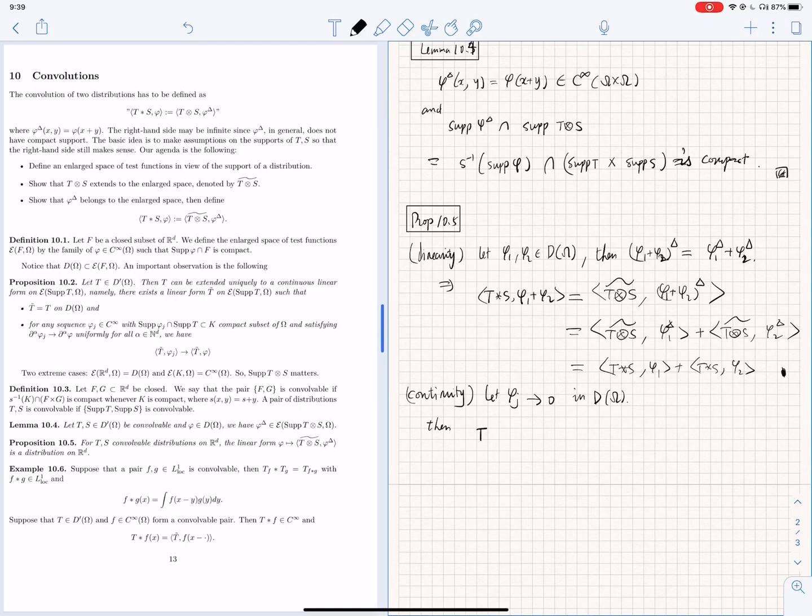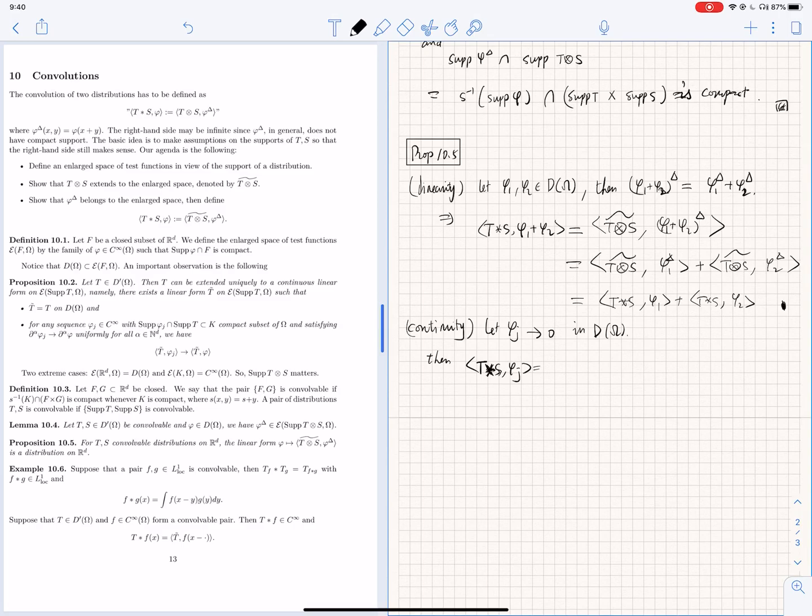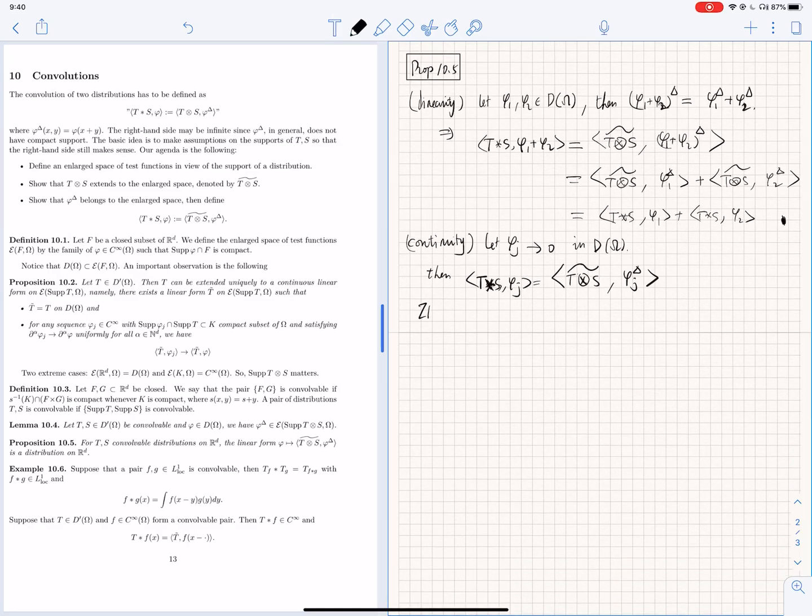Then, so we want to show that T tensor S applied to phi j, which is equal to T convolve with S, applied to phi j, is equal to T tensor S tilde applied to phi j delta. So in order to show that the right-hand side goes to 0, since we have already shown the continuity of this guy, it suffices to show that this guy goes to 0 as a function of two variables, actually 2D variables. Okay, so it remains to